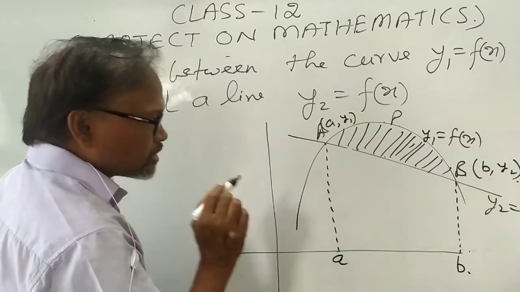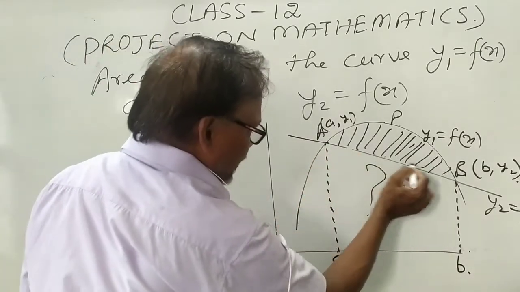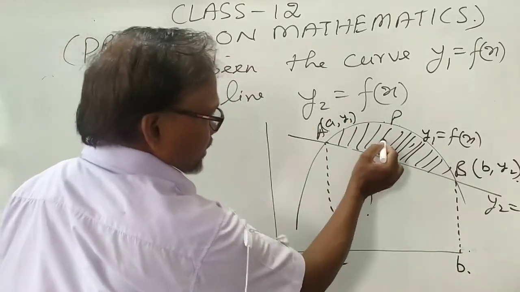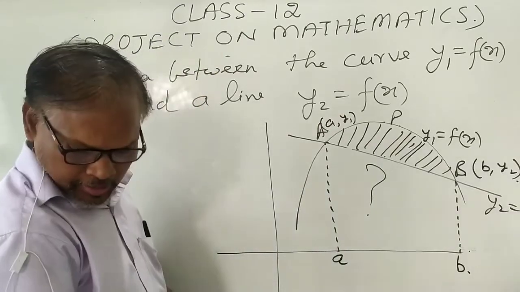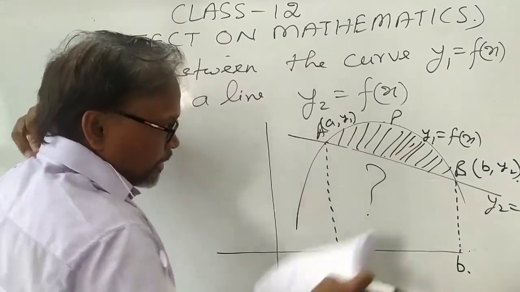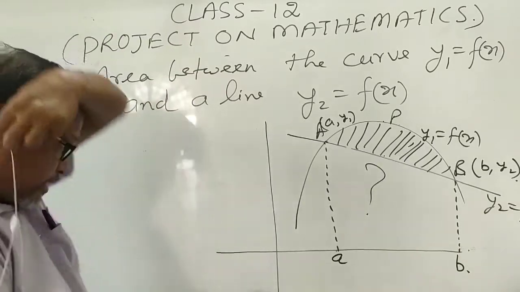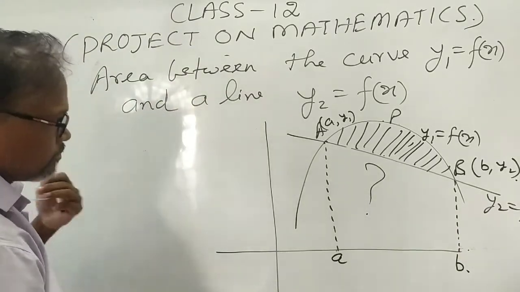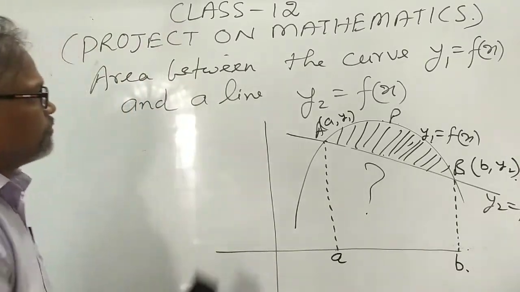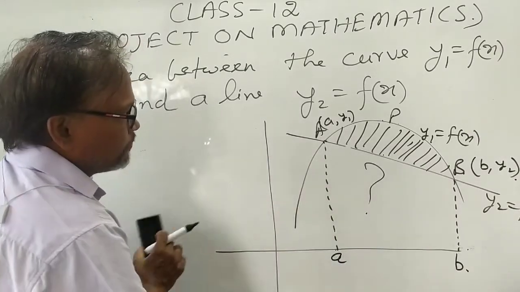So we must subtract the area of this part, मतलब ये जो लाइन के नीचे का पार्ट है इसे इस पूरे एरिया से सब्ट्रैक्ट करना है, तो वी कैन गेट द एरिया. It means the area, you can say, the area of this curve minus the area of this part, so you will get the answer. How to get? For this we have, अब इसको हम रब कर रहे हैं, you can draw the figure.